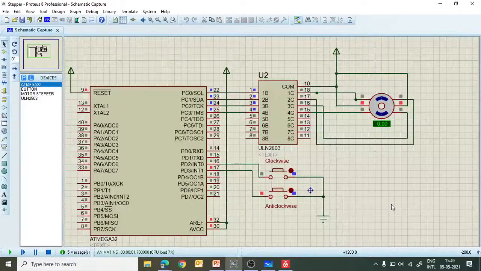Initially the motor will not rotate, because in the main loop it is just waiting for the interrupt. So let me call this interrupt clockwise, then the motor will start rotating, right? Because interrupt 0 has occurred and the routine has started, and we are transferring 0001, 0010, 0100, 1000, that sequence, as you can see here continuously, right?